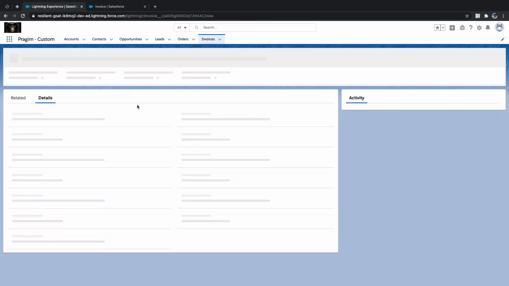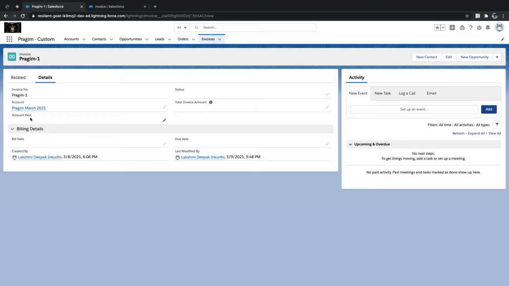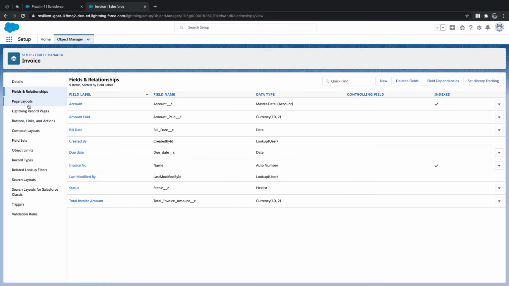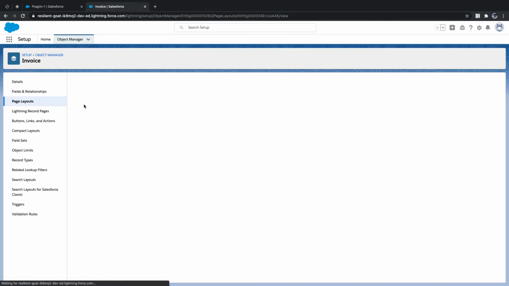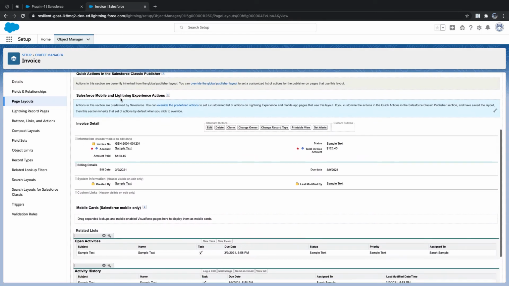the layout is not going to look good. So amount paid is coming here. I'm just expecting a billing amount. So I need a billing amount as a section name, and I need to display my total invoice amount and amount paid. If I want to do that, I need to go back to my page layouts and I need to modify my layout, add a new section to it,